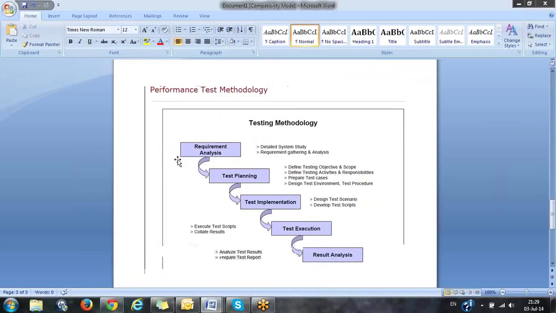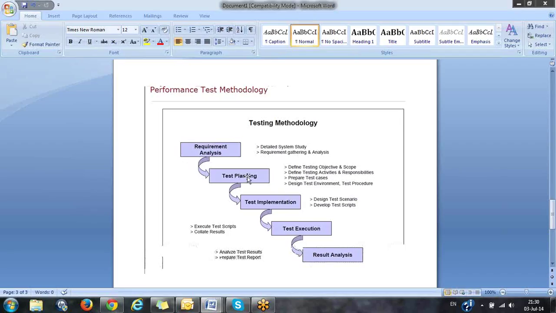So mission critical things, what are the different important requirements, more people database usage, and what are the more important things people will use. Example, if you are going to use the IRCTC ticketing site, what do you most probably use? You will search for a ticket, you will book a ticket, and cancelling, many people will be doing very less. So searching for a ticket, most probably people will be doing it. So search I have to consider. This is how I will finalize the requirement for performance testing.